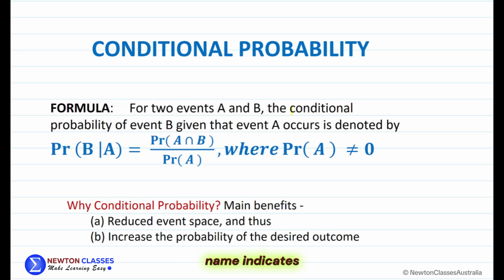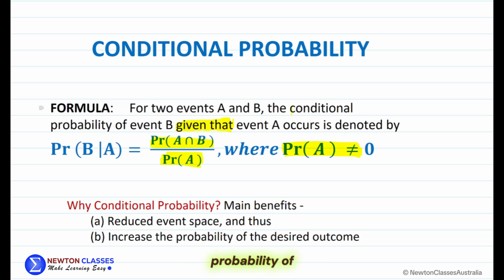As the name indicates, it depends upon the condition. It means some condition is given that has to happen first before we calculate the probability. For example, we are working out the probability of B given A. So P(A) goes in the denominator, but the condition is that P(A) should not be equal to 0. Therefore, the formula for conditional probability becomes: probability of B given A equals probability of A intersection B divided